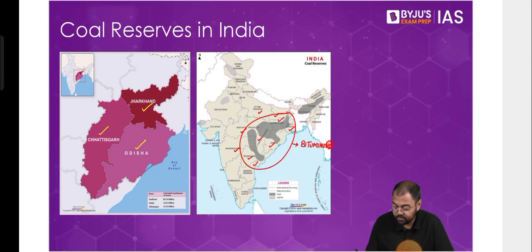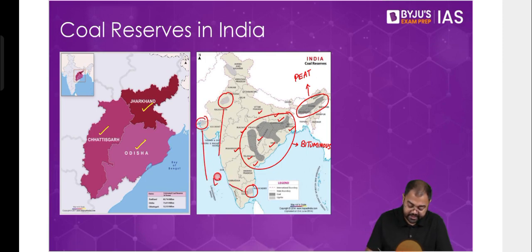This part of Assam, Meghalaya, and Arunachal Pradesh in the northeastern parts is where we find peat more. Although it's not that bituminous and others are not found there, they're also found, but peat is found more. Then areas like Puducherry, Tamil Nadu, Rajasthan, Gujarat, even parts of Kerala, are areas where lignite is found more. And this part of Jammu and Kashmir is largely where anthracite is found. So this is how we see the distribution of coal in India. Overall, this is what we see with regards to coal.